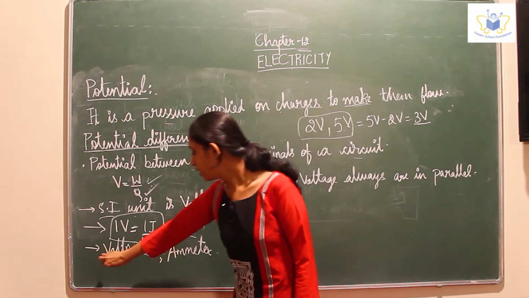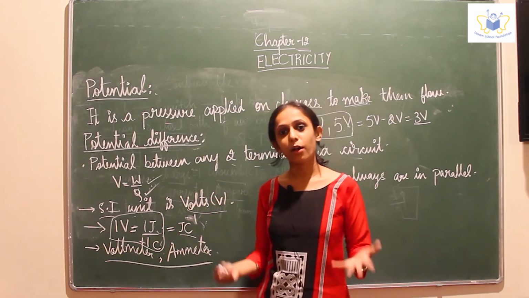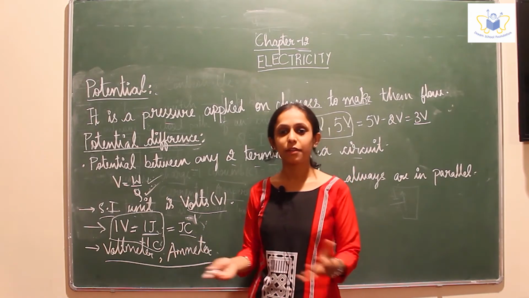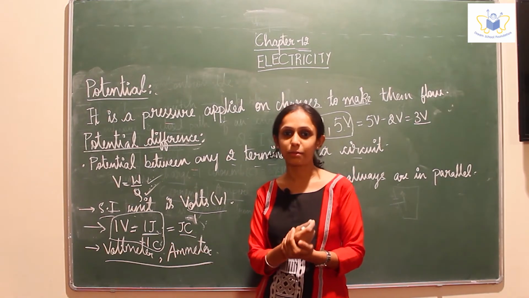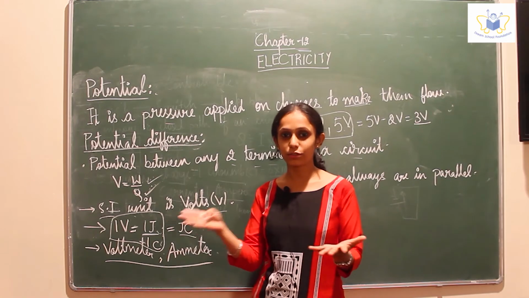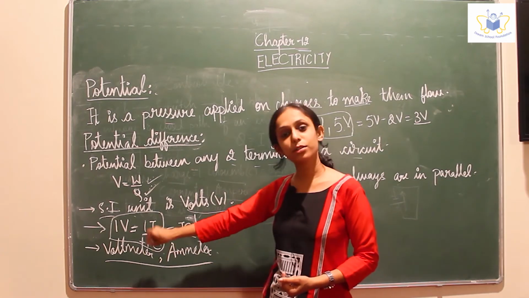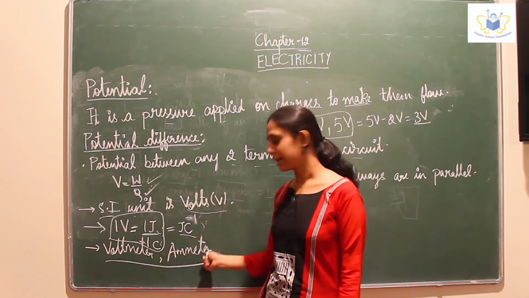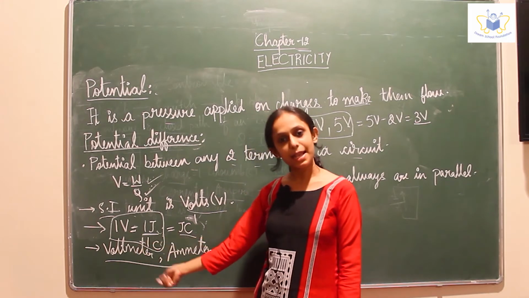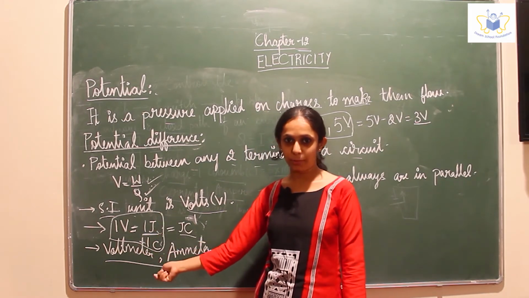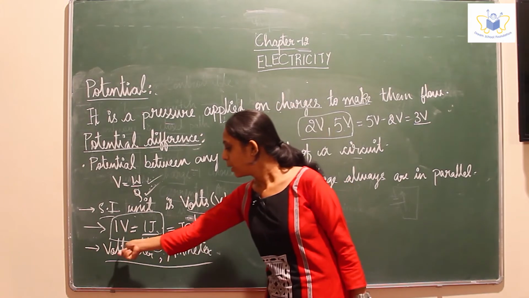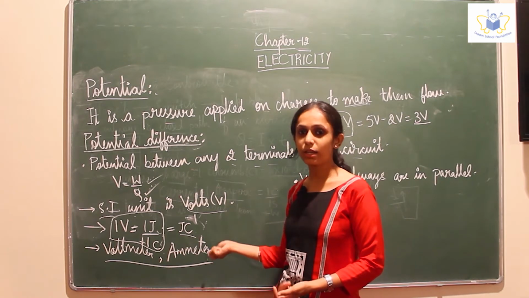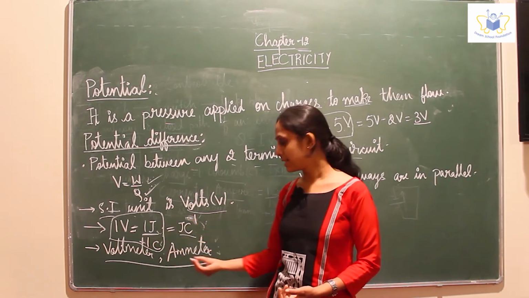Now we have something called a voltmeter and an ammeter. All of you might be knowing about the thermometer. So what does a thermometer do? It measures your temperature. When you go to hospital, they keep a thermometer in your mouth and test your temperature. Similarly, there are two main instruments in electronics used to test voltage and current. So what are they? Voltmeter, as the name suggests, is an instrument used to measure voltage. Simple. Volt, voltage, easy. Now ammeter. Ammeter is a device which is used to measure current. So voltmeter for voltage, ammeter for current.